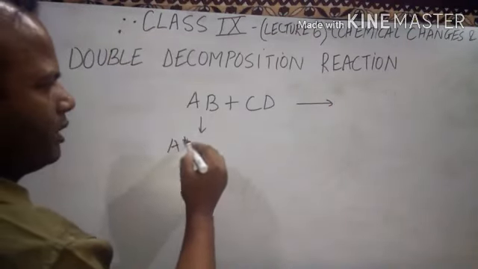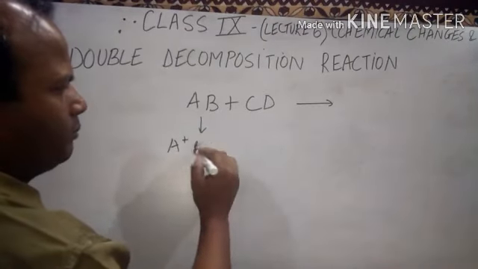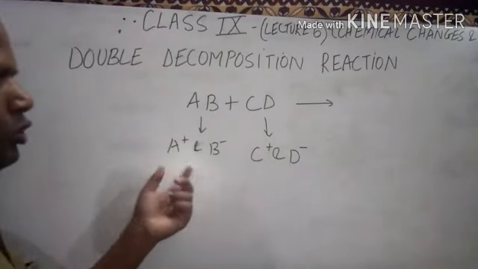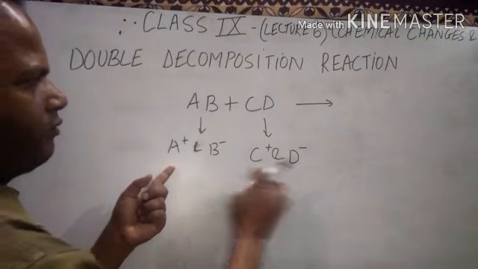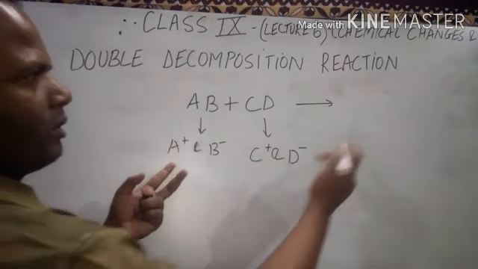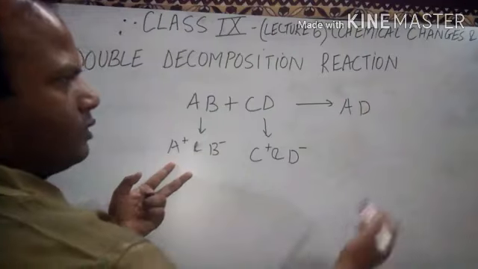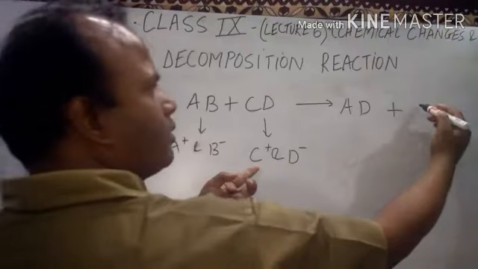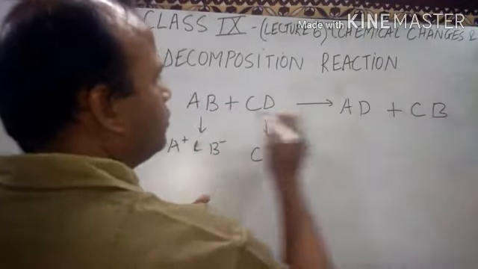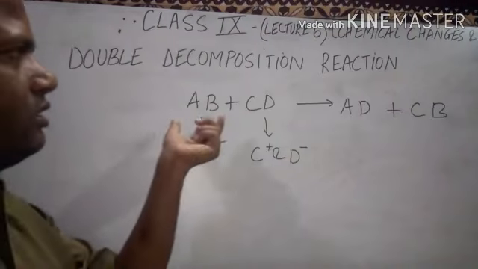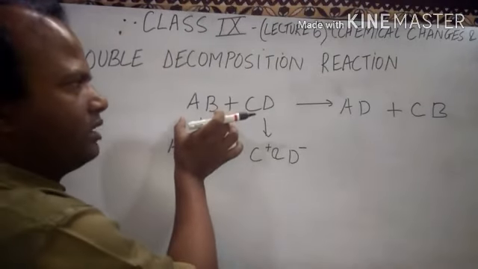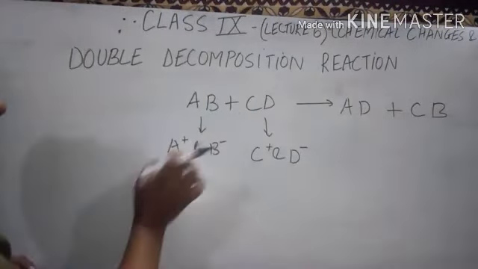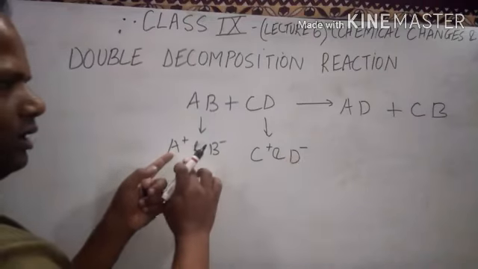It is in the form of A plus and B minus, and C plus and D minus. So what new substances will be formed? A plus joined with D minus, so AD is formed. What is left? C plus and B minus, so first we write the cation, so the formula is CB. This is the double decomposition reaction. That is why it decomposed twice: AB gave AD and CD gave CB. And you can say there is exchange of radicals